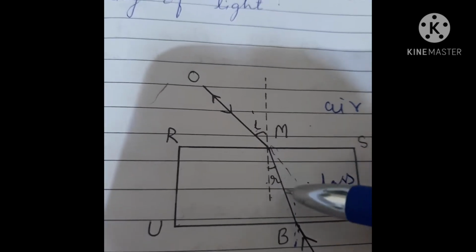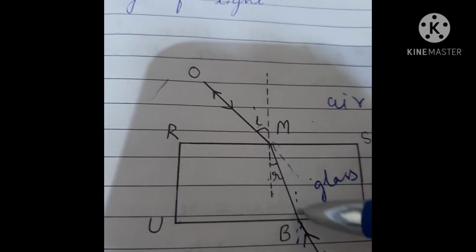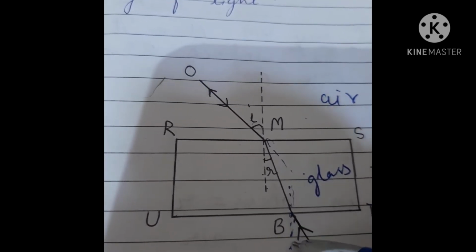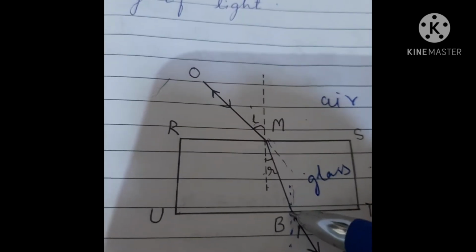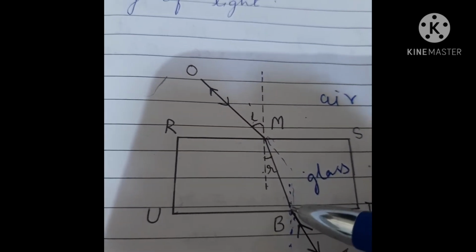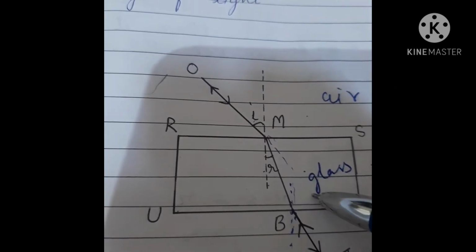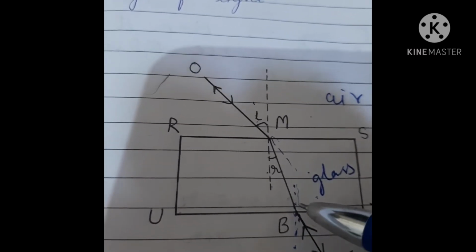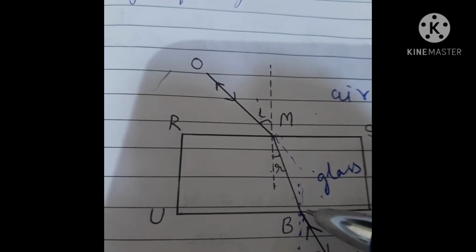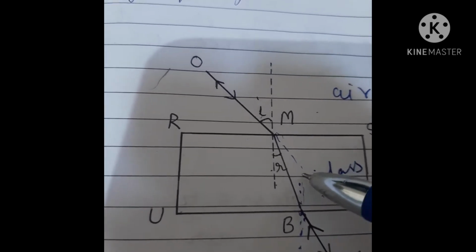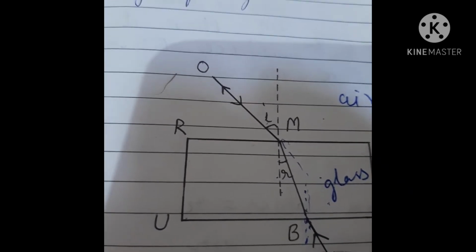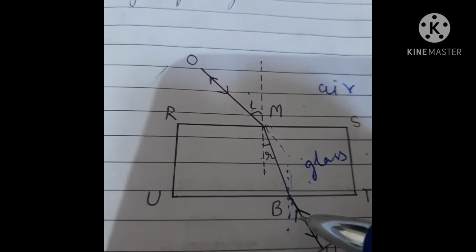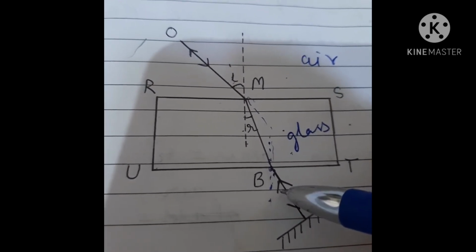Now when the light ray travels through this medium, glass, here at this point B, again this is the normal, and here again refraction will take place. But now you can see this glass slab. So now what will happen? The light ray will move away from the normal, because now the light is moving from denser to rarer. When denser to rarer, the light ray moves away from the normal. When rarer to denser, it moves towards the normal. So now it will again move away from the normal.